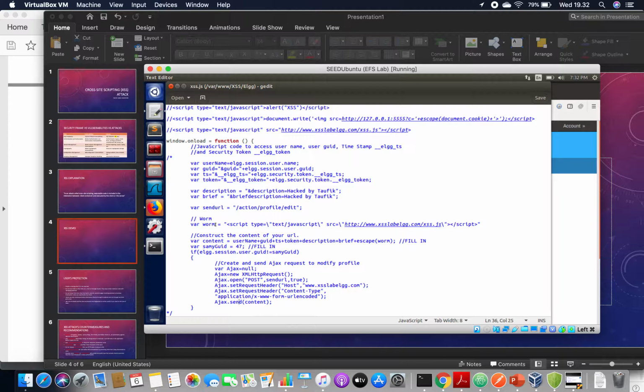So another user who looks at Alice's profile will be infected by this worm because it runs the CSRF exploit also.